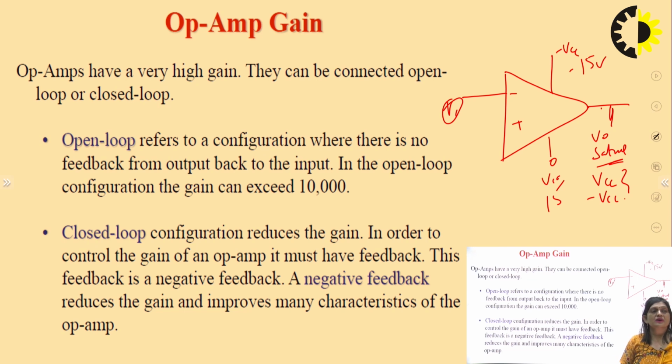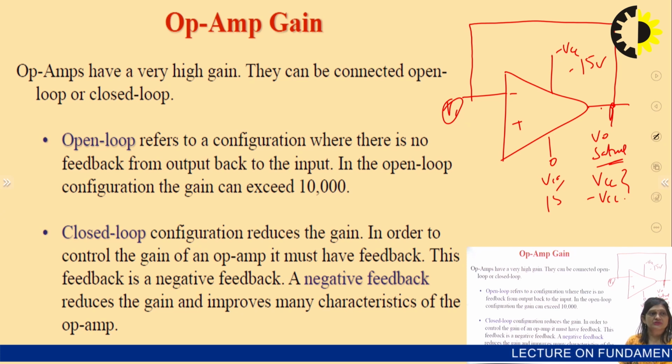That's why we switch to the closed loop configuration. In closed loop configuration, we take some part of the output and return it back to the input side. Generally, negative feedback is used. Negative feedback means some part of the output is taken from the output and given to the negative input of the op-amp. Negative feedback increases the stability of the output and also decreases the gain. Because the gain is already infinite, we need to decrease the value of the gain, so that we can make the gain flexible and control the output, which is always at saturation in case of the